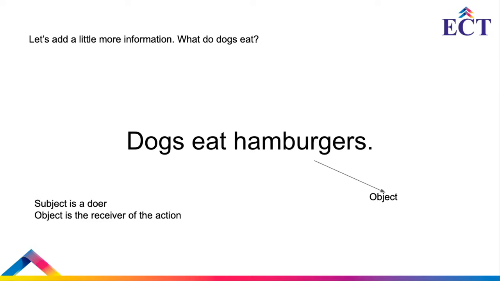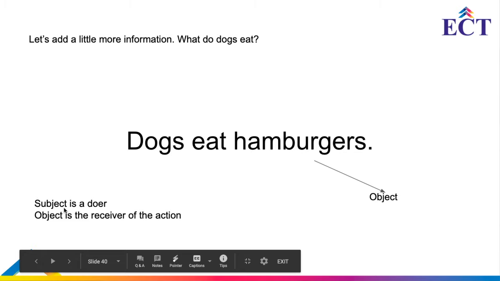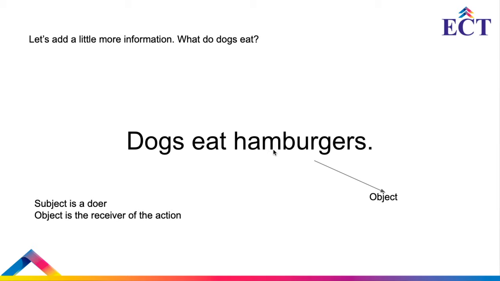Okay, sorry, I was reading the comment. So then it becomes an object. All right. So the subject is the doer, the object is the receiver of the action. So in this particular case, dogs eat hamburgers. So dogs become the subject,